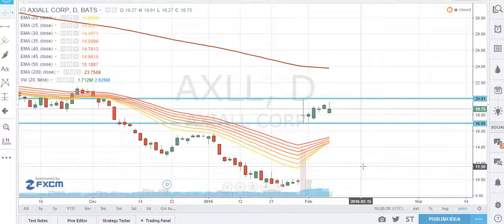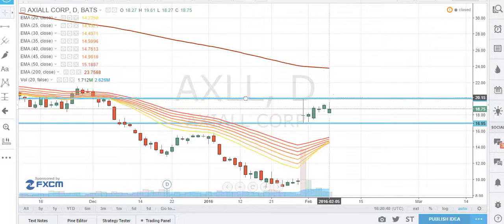Now, you can make the argument, if you think you're going to go short, why wouldn't you short at these higher prices? Because this was really a momentum play off of a potential buyout. So there was news that the company more or less was going to get bought out. They had a tender offer for, I think, their stock, but they rejected it. So it's risky because obviously the company who made the offer can go back and they can revamp their offer